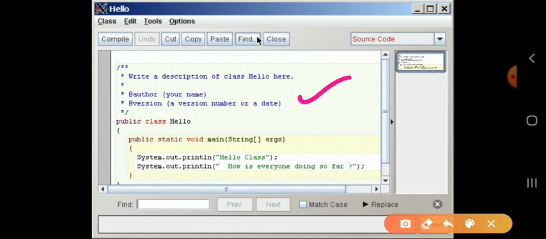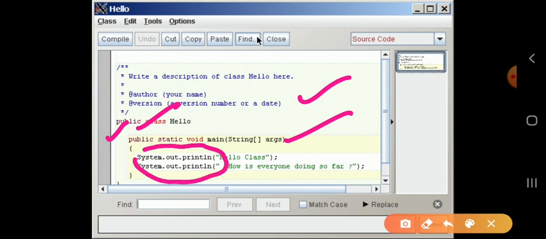This is my documentation of the program. Here the class is created, opening braces are there, the main function is there, then System.out.println, which is used for printing anything. I know you are all very familiar with it, because in class 8 the teachers taught you about it. So this is not very difficult for you to understand.